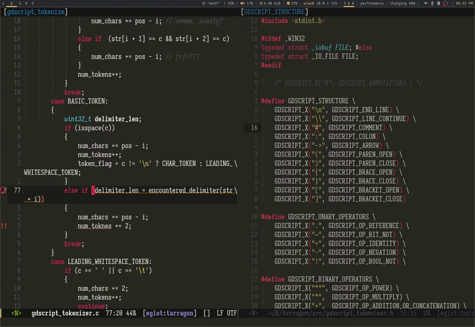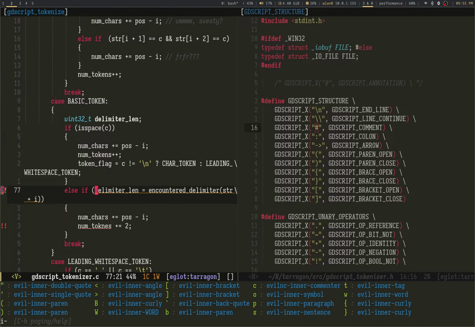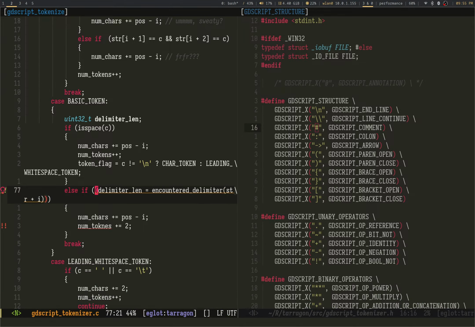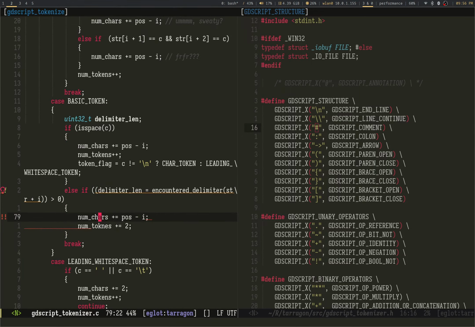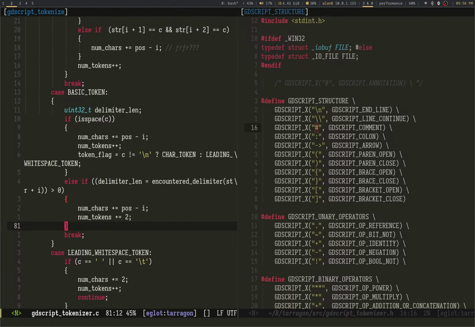Without parentheses, fixes available. There you go. Without parentheses. I actually am using parentheses, so stop complaining. That's what I say. Eglot. Great.